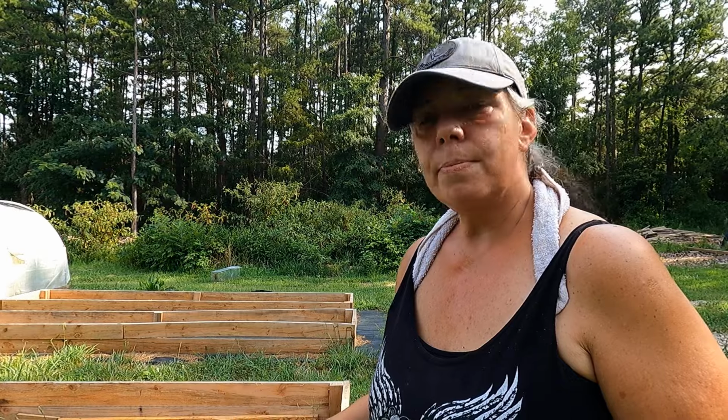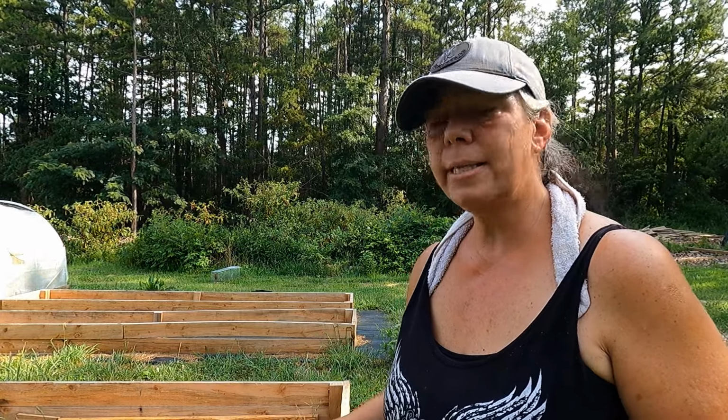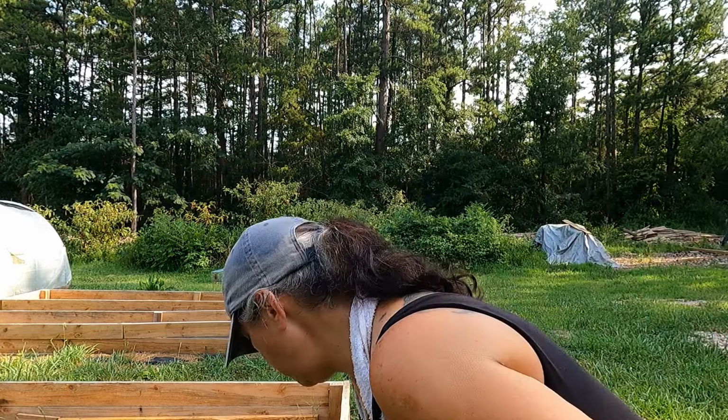And we're doing these strawberries basically just for ourselves, so that way I'll have strawberries and I won't have to buy them from either local farms or the store even, so that I can make jams and jellies. I use quite a bit of strawberries. Strawberry jam, strawberry jalapeno jam are really big sellers at our markets. But today I'm going to add something else to my strawberry bed. I am going to add